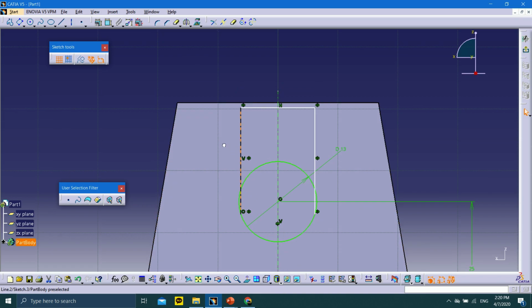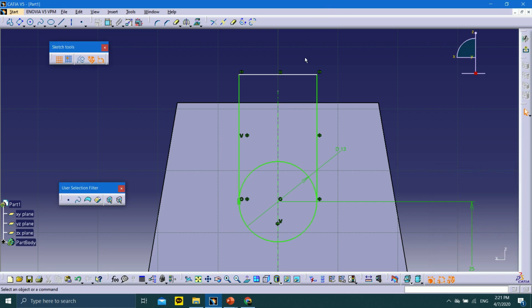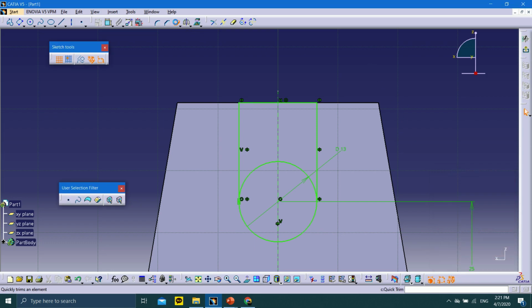Oh, this one is not tangent. So we have to make it tangent. Okay, and no matter this height, or you can make it maybe coincident with that line. The last is just delete this. Okay,